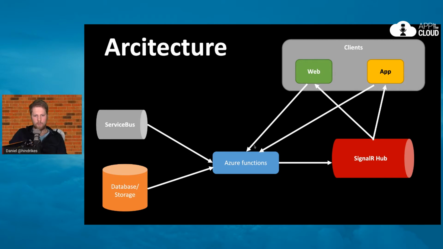From the client, we will call an Azure function, and we will get some connection information that we will use to connect to the SignalR hub. But we will also use the Azure functions in this case to add messages to the queue. So for example, we can have a service bus listener that adds things into the SignalR queue, that will push it out to all clients. We can also have a database trigger and other triggers,